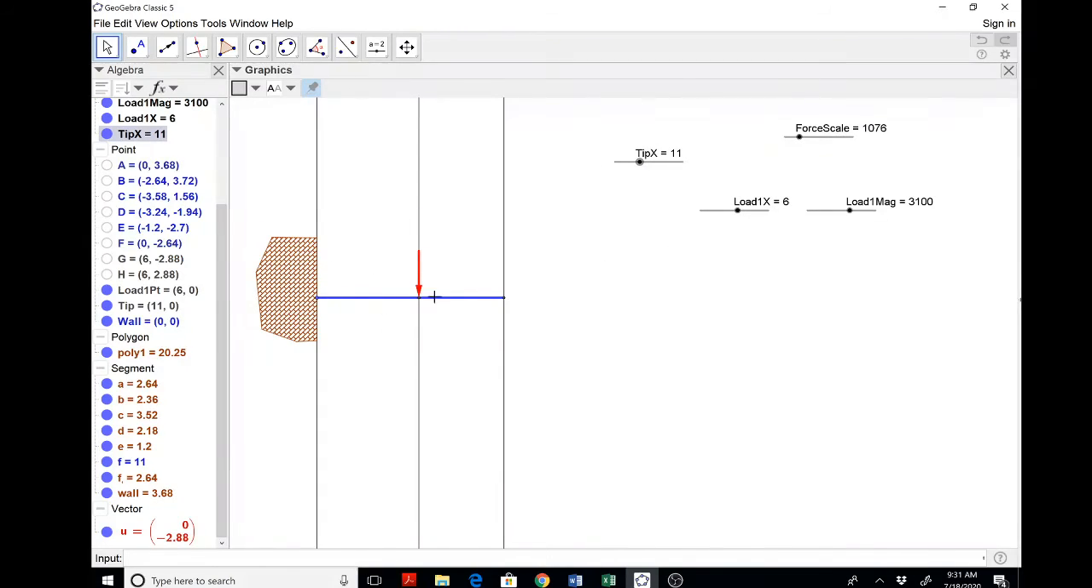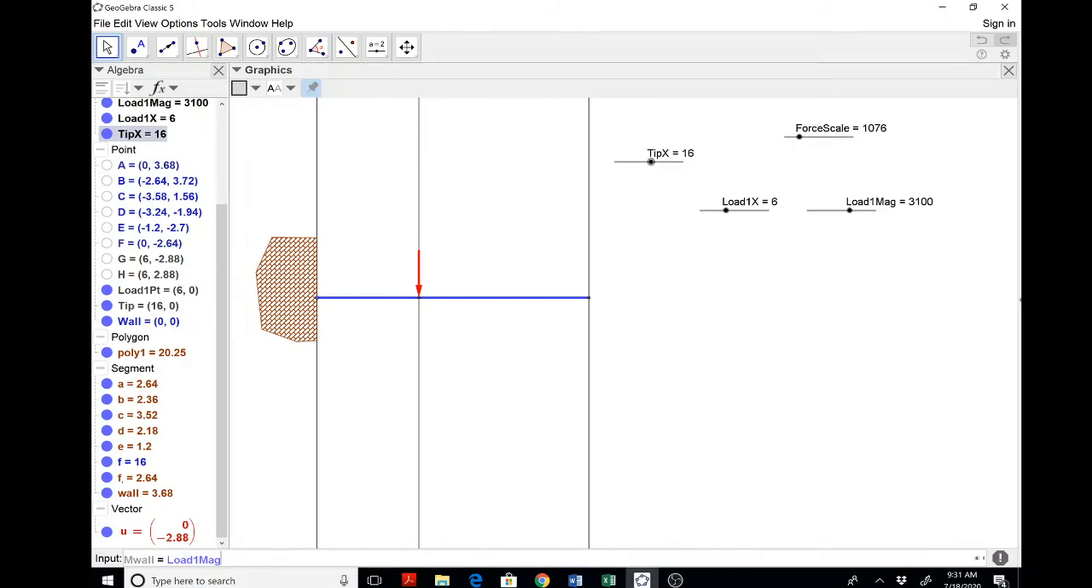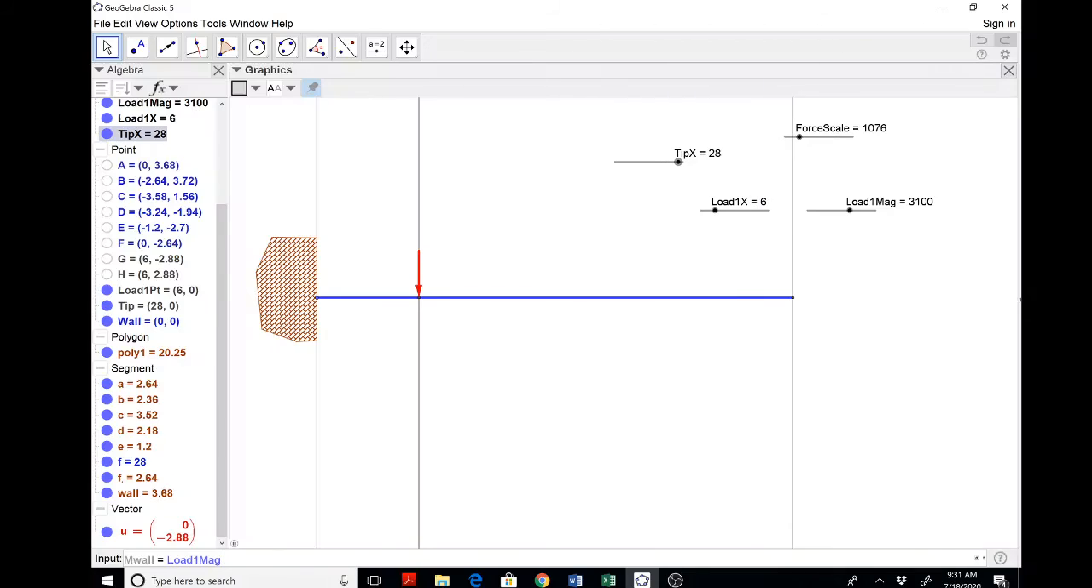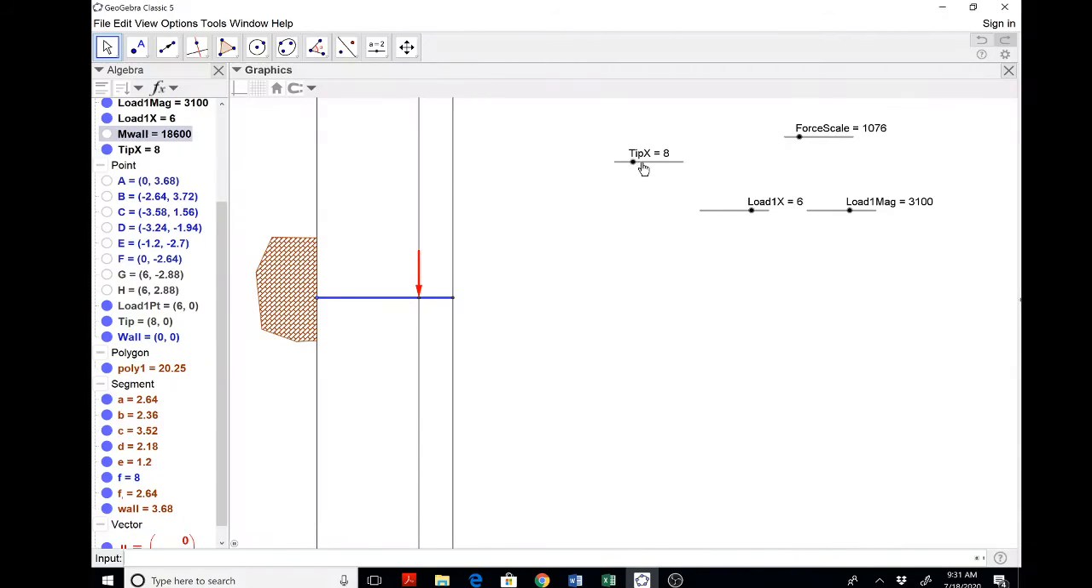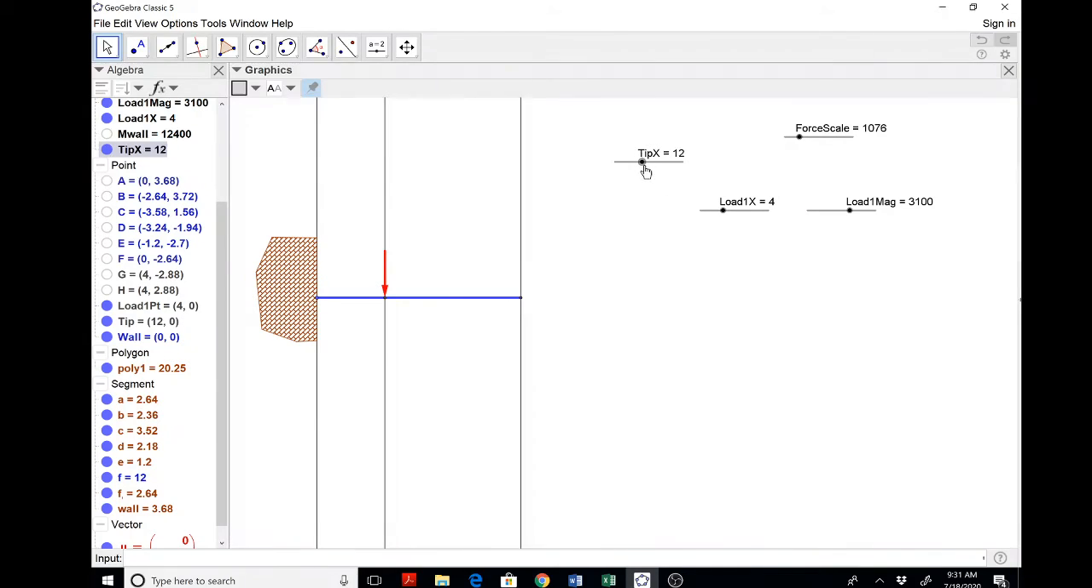And then obviously the moment in the wall, and this is where we will stop. M wall is, what is it? It's this load times this distance. So it's load 1 mag times, and a space bar is times, or you could put a star in there, load 1 x. And here it looks like it's animating. Sorry about that. Okay, so now the M wall is 12,400